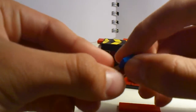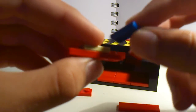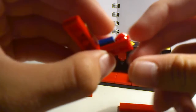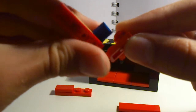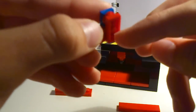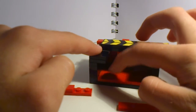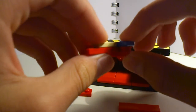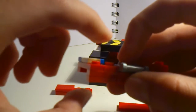You want to build a hook, kind of a hook, 4x1, 2x1 smooth, 2x1 smooth, and here's 2x1 and a 1x1. Put it on like this. Make this more stable. If you want, you can put another 2x1, so it can touch the floor. Maybe some stability or something. Do what you want. And you want to put it here,